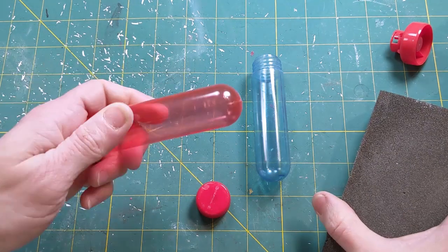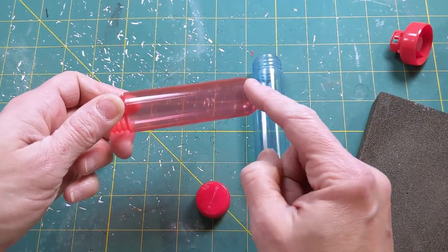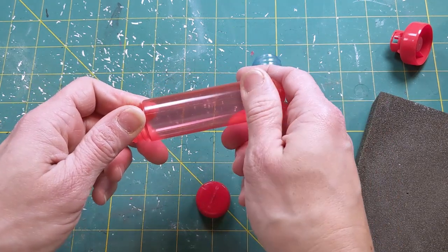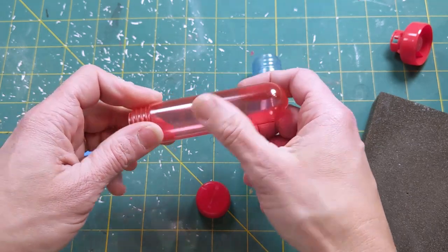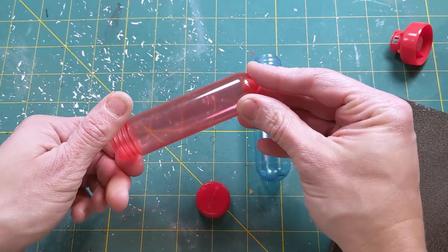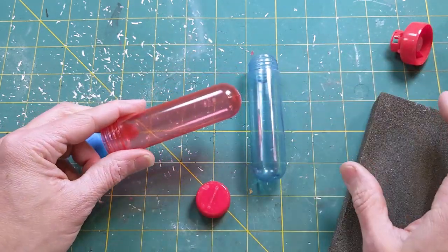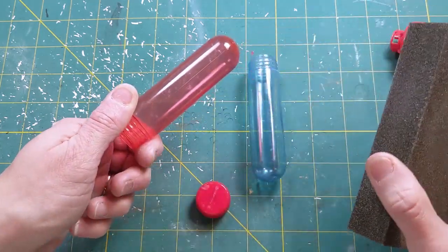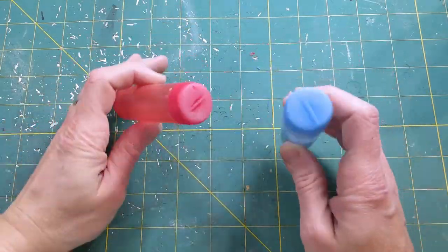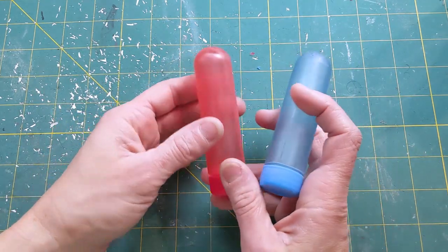And the other thing that I'm going to do, I don't know if you can see it on camera, but there is a seam that you can see running around these tubes. So I'm going to be trying to sand that smooth, as well as roughing up all of this plastic tube so it accepts the paint a little bit easier. So go ahead and do that, and when I've got that done, I'll come back and show you what it looks like. Alright, so I've flattened out these bottoms as best I could and sanded them down,